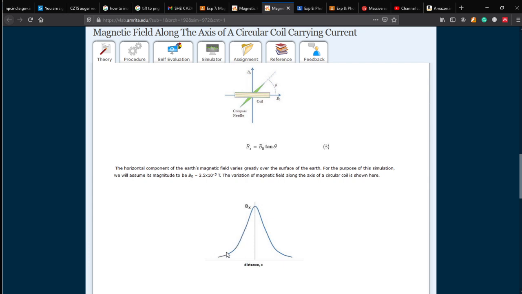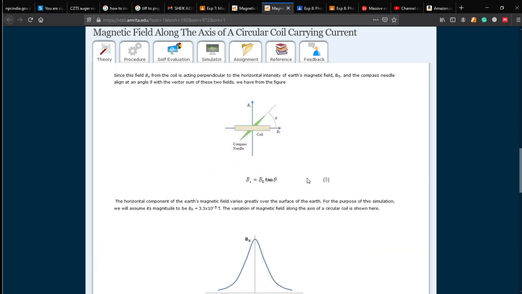So you have to draw the curve like this. The nature of the curve is like this. Don't connect the point to point, just follow the nature of the curve. It should be a curved line, not a straight line like this. Just be careful. Don't just connect the points to get the curve. Just follow the pattern of the line. It will be like this.